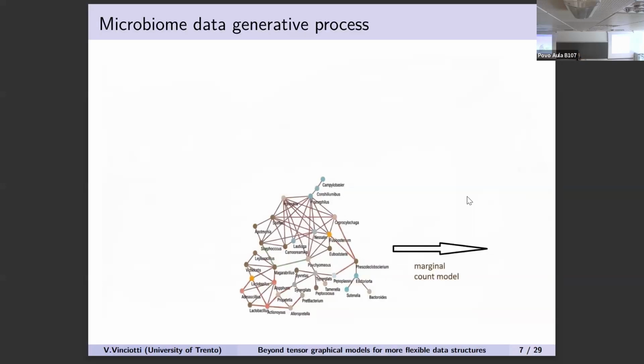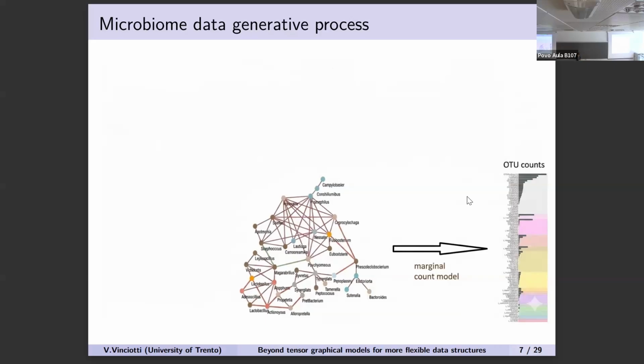There is also some marginal model that modulates the abundances of each microbe individually. The network and the marginal model, in a generative process, give us one sample, with abundances for each OTU. Then you do the experiment 100 times and you get 100